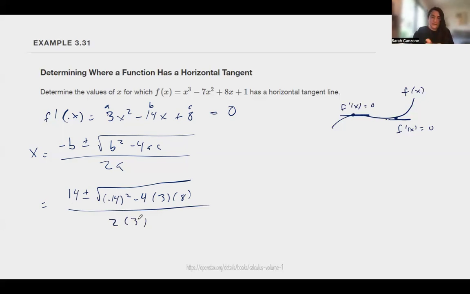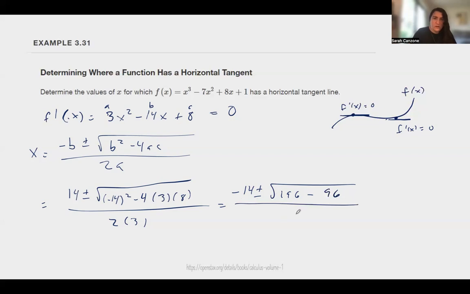And let's go ahead and get these values now. So I'm going to break out my handy dandy calculator. So this is negative 14 plus or minus the square root of 14 squared is 196 minus 4 times 3 is 12. 12 times 8 is